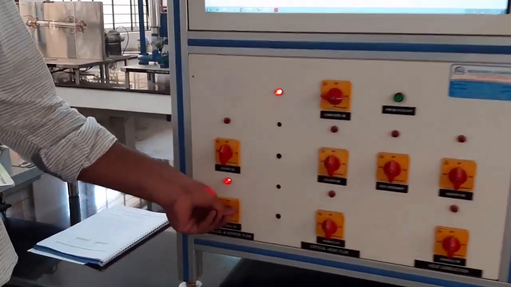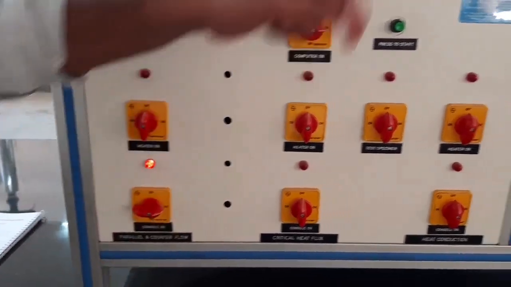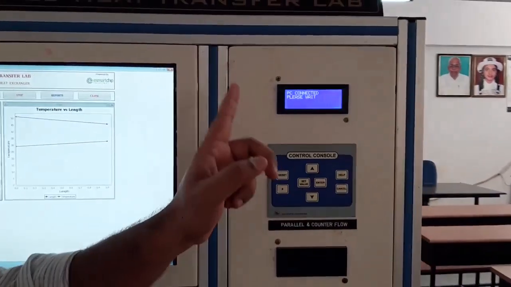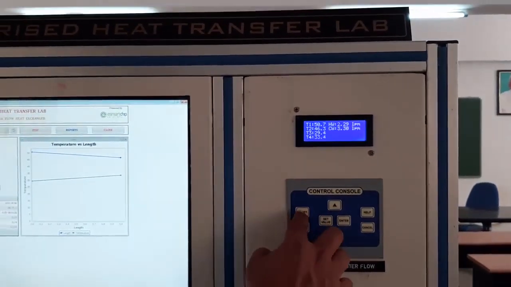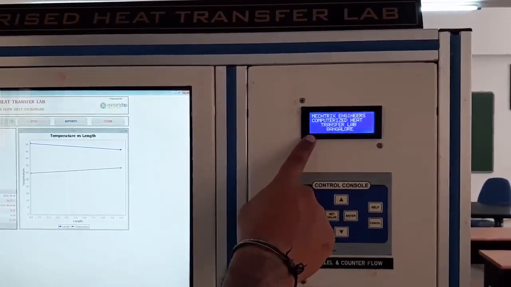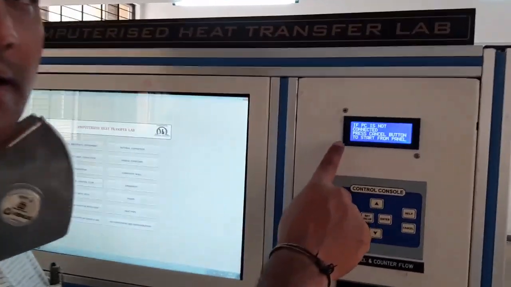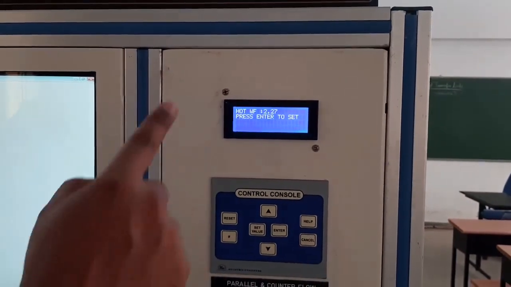First, switch on the console. After switching on the console, you will get a message that the PC is not connected on the panel. Press the cancel button from the panel. Now I am going to press the cancel button as per the instruction.